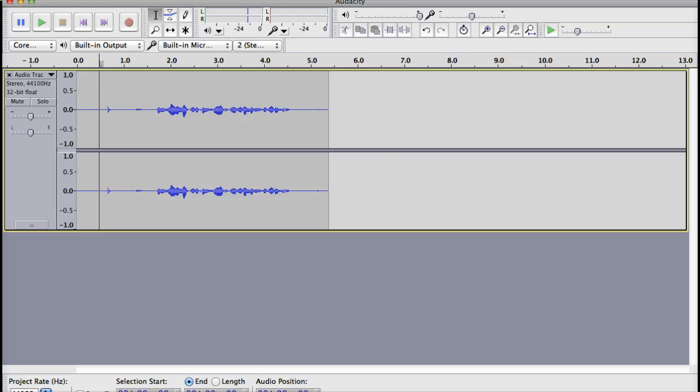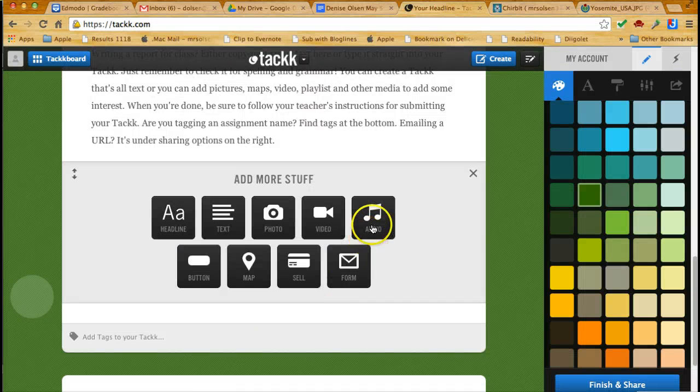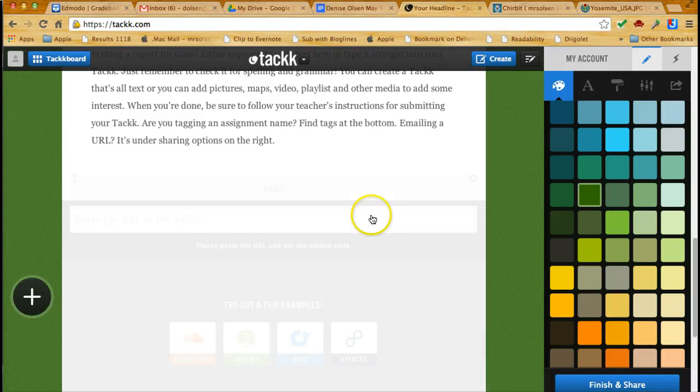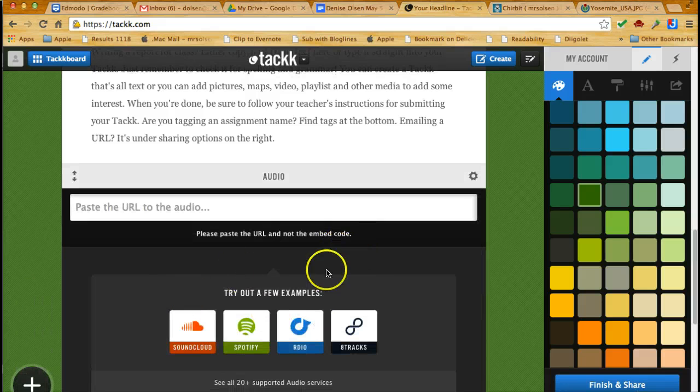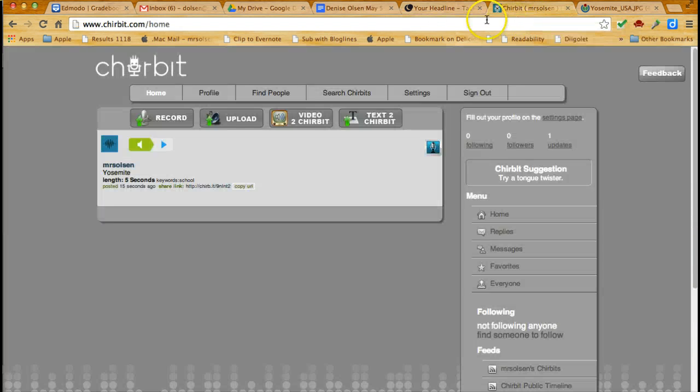Once it saves, if you go back to your TAC, we actually have to use another site. So I'm going to click the audio button to insert audio. Then what you have to do is they have a few different programs that they can take information from. So I use one called Chirbit, C-H-I-R-B-I-T. I never used it before. It's my first time. So the website for that is